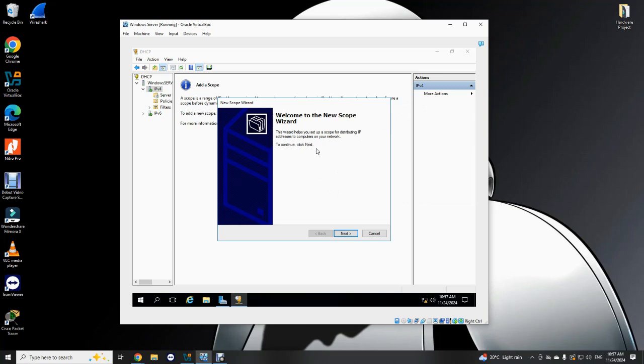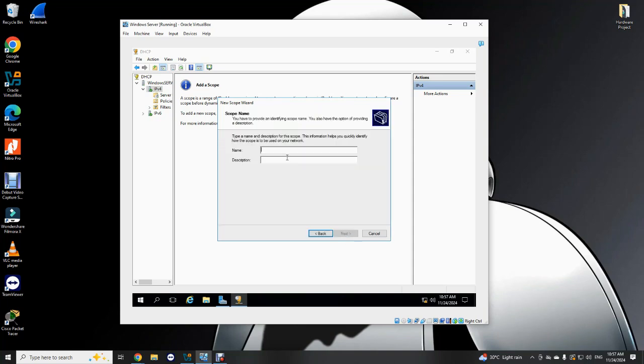Alright, and this new scope wizard is going to open up, and we're just going to follow through with what it's asking for and the basic requirements of this scope. We hit next. We're going to give this scope a name now. I'm just going to give it ready mode. Alright, description would be general pool of